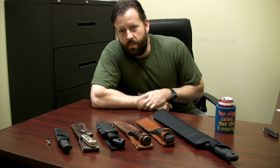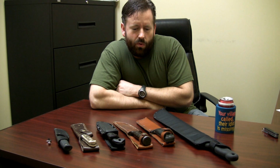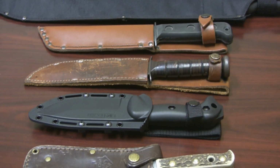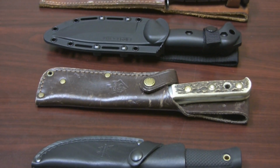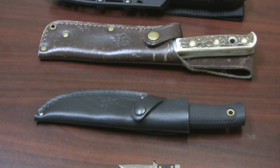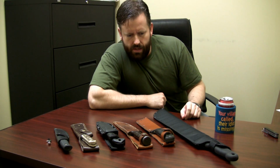Today I'm going to do a survival knife shootout here for you, or comparison. Not really putting them to the test against each other, but just to help you guys be more informed about some of the options that are out there that you might choose to rely on for your survival, be it camping or bug out bag or anytime you go into the woods really. So anyway,